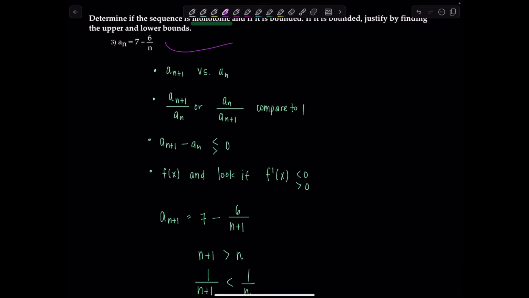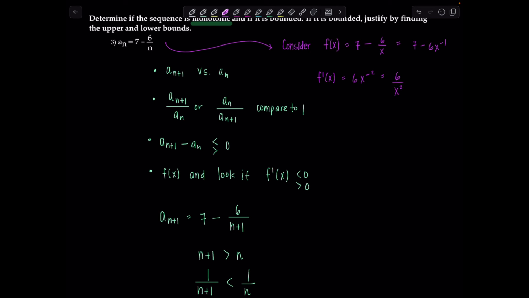If you want, consider a function of x, f of x, which is 7 minus 6 over x. Now, sequences are not differentiable, so that's why we have to redefine a function of x. And 7 minus 6 over x is 7 minus 6x to the negative first. Let's take the derivative. So f prime of x, derivative of 7 is 0. Derivative of negative 6x to the negative first would be 6x to the negative second, which is basically 6 over